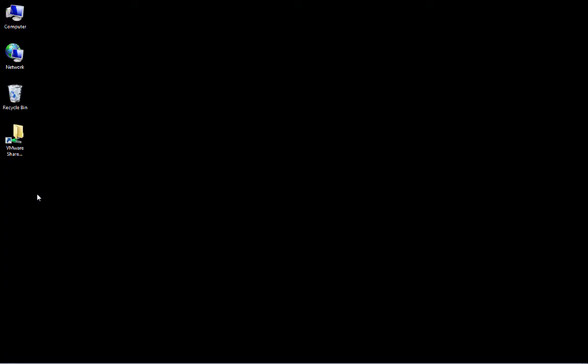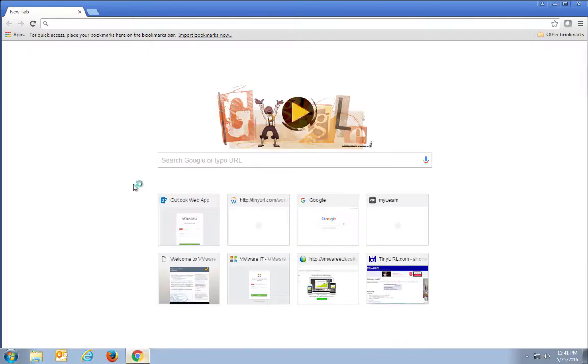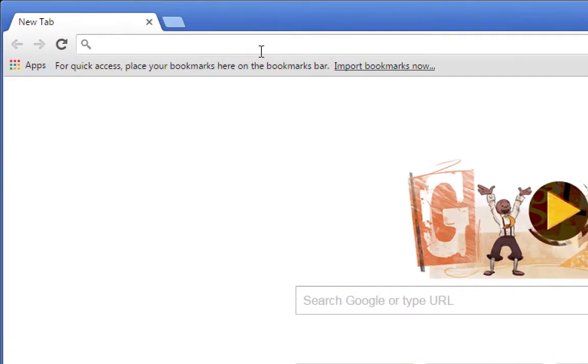As you can see, I'm already logged in. I happen to be logged into Windows 7, but you can run Orchestrator from essentially any operating system. But I'm logged into Windows 7, and in order to log into Orchestrator, what I'm going to do is open up a web browser. I happen to be using Chrome. You can use other web browsers. I'm using Chrome though. And in Chrome, I'm going to type